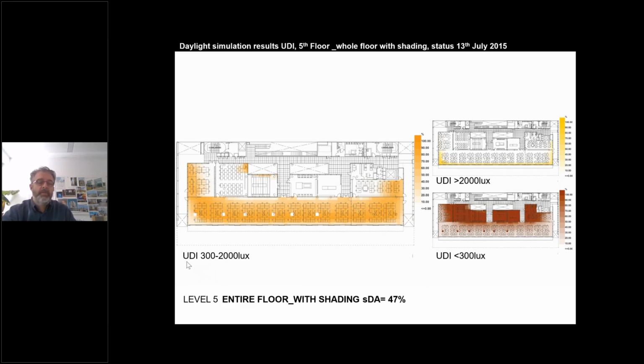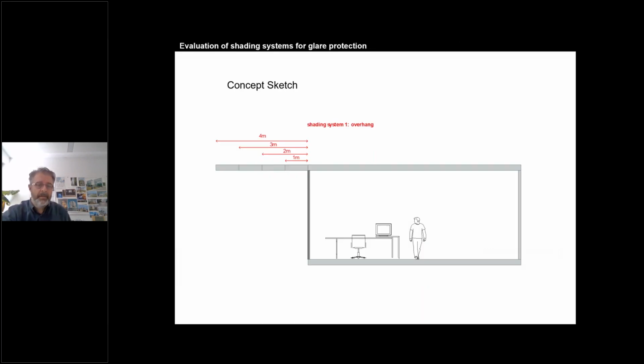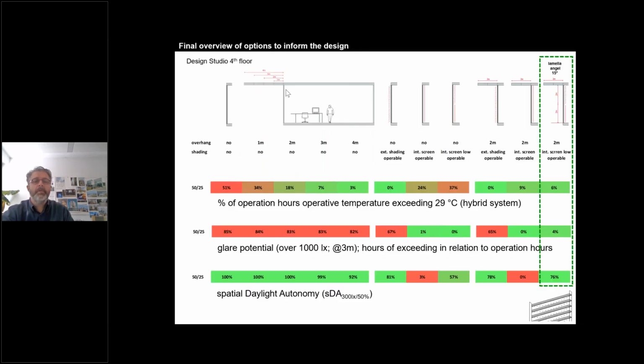So let's say a useful daylight index in the range of 300 to 2000. What facade elements receive too much and what areas receive less? And this is the areas where we put the coding studios, the MakerBot studios, places which way less depend on daylight. We did intensive studies and just show one sketch about what kind of combinations of overhang, but also other